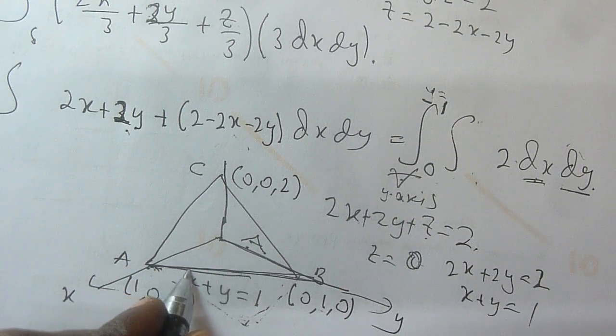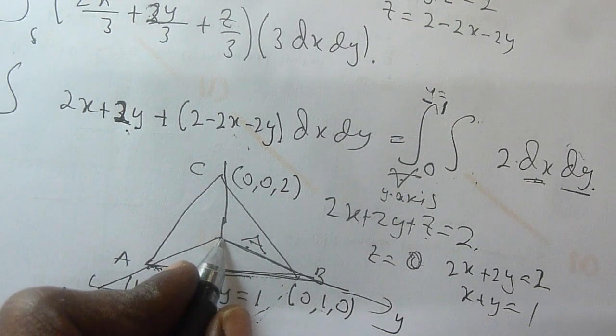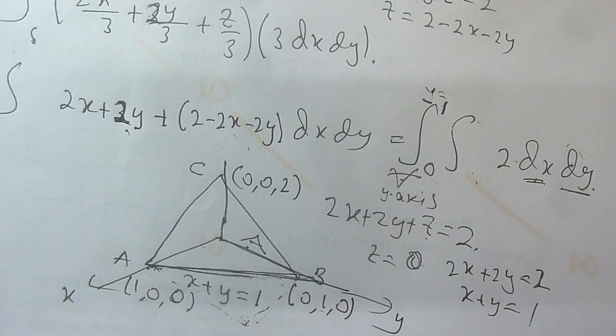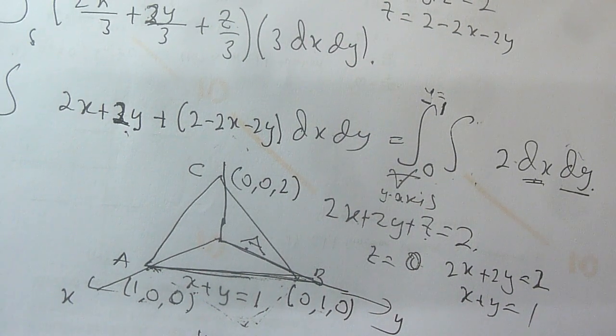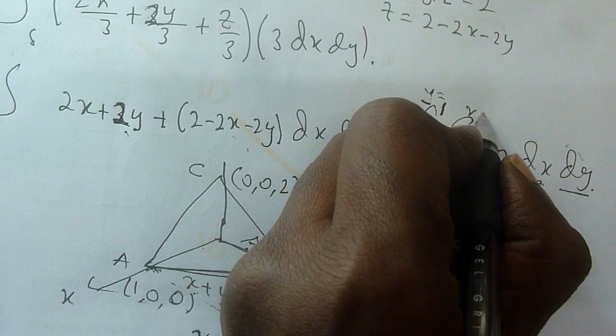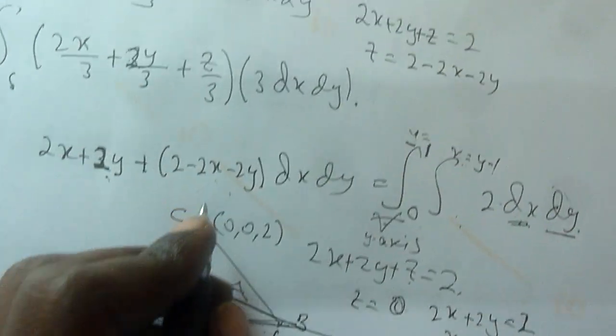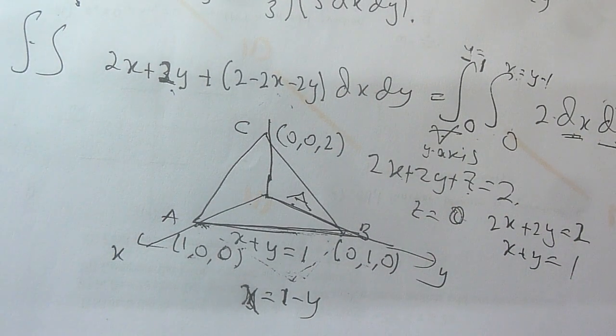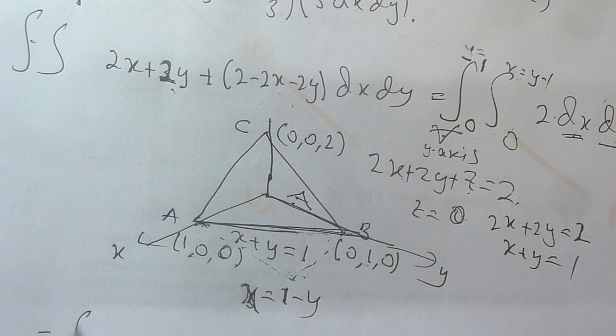You know x is changing. When y moves up, x is also changing here. Therefore, you cannot use this. Therefore, you need to use this one. In this case, x equals 1 minus y. Here, x goes from y minus 1 to 0. That means, again, you can calculate y equals